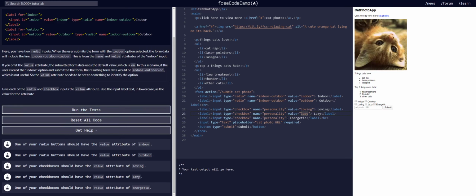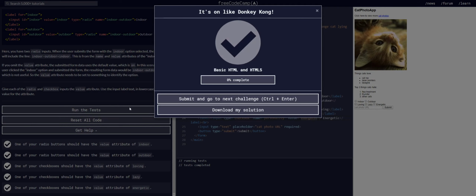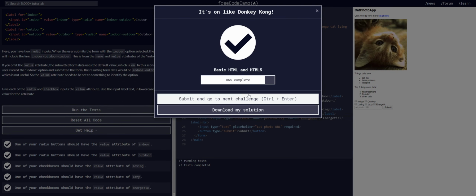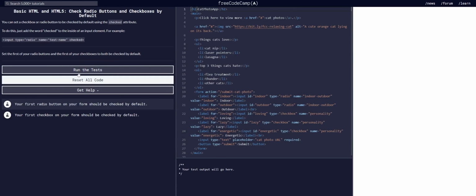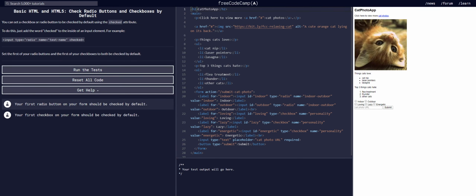Lazy. Very cool, very awesome. You can set a checkbox or radio button